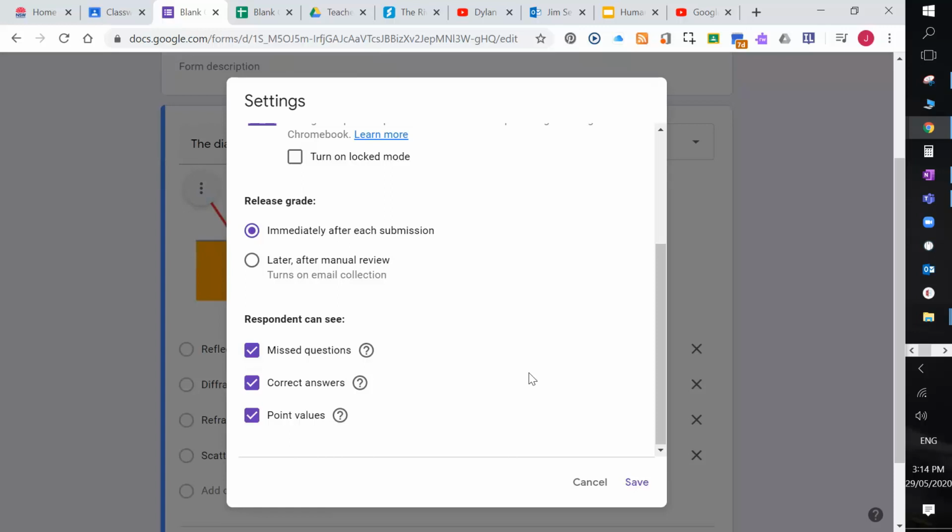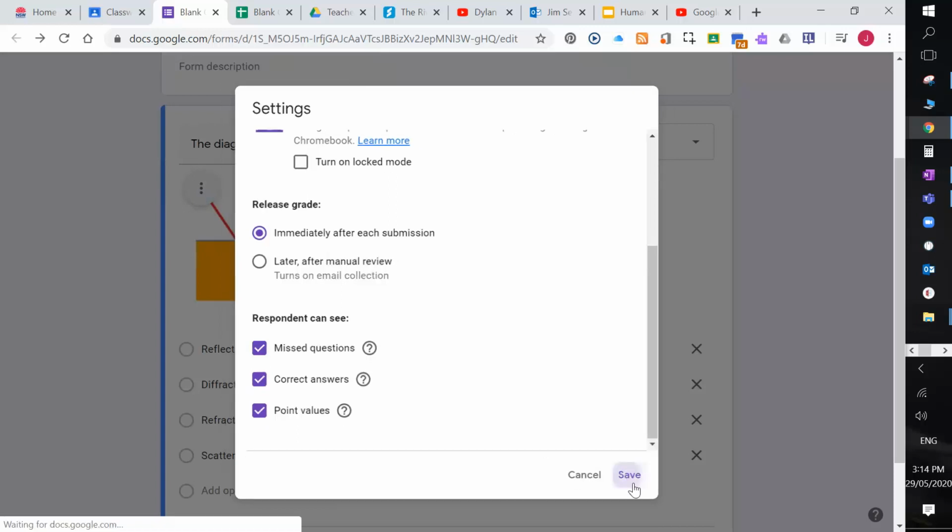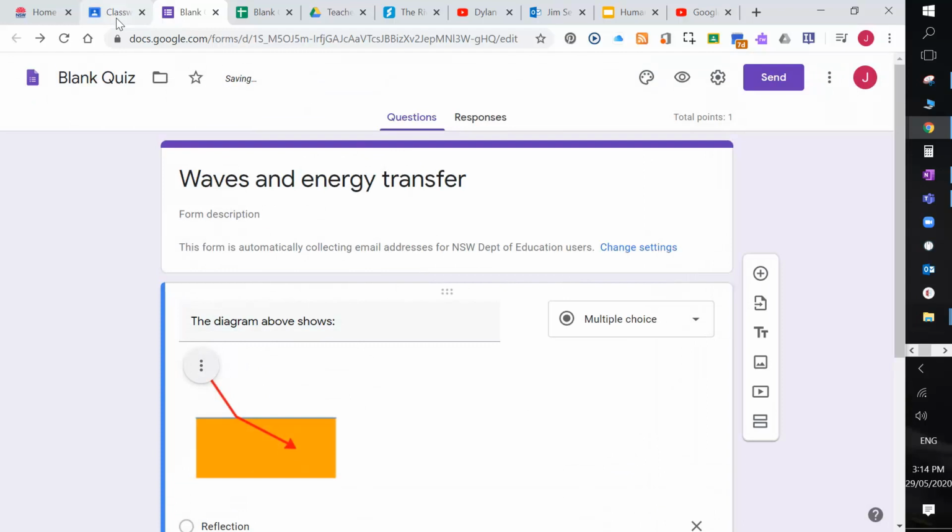I'm going to leave this quiz up on the professional learning Google Classroom so that you can see it from a student's point of view and see how they can view their results afterwards. I can't actually show you that as the teacher on that classroom, but you can have a go and see what it looks like from a student point of view to get your head around what it looks like for them. So you save that, and now